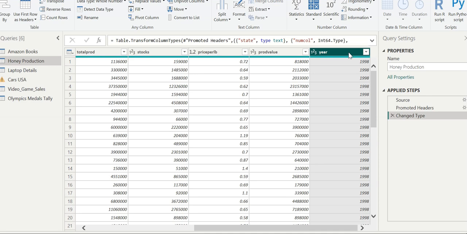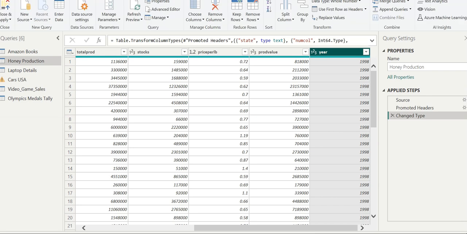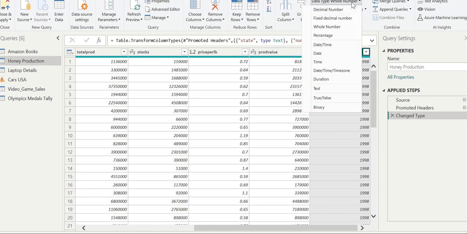For that, we will go to the Home menu and, after selecting year, we will go here to type. What kind of data type is here? It is whole number. Then we choose what we want to change it to.